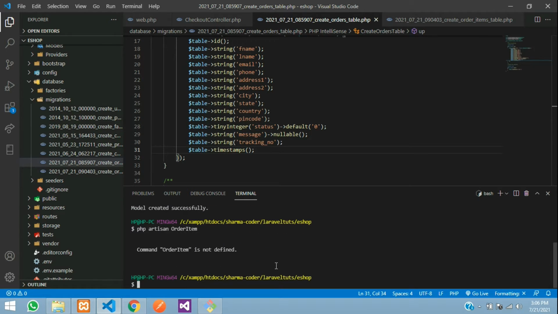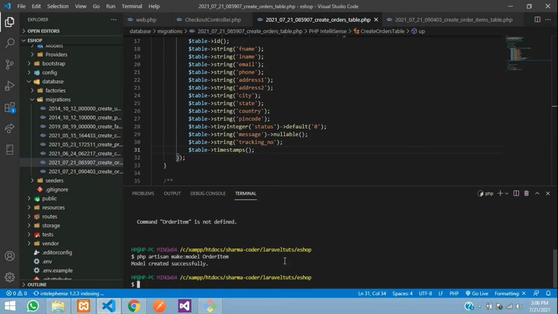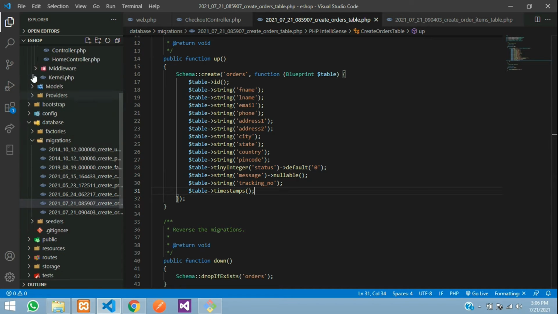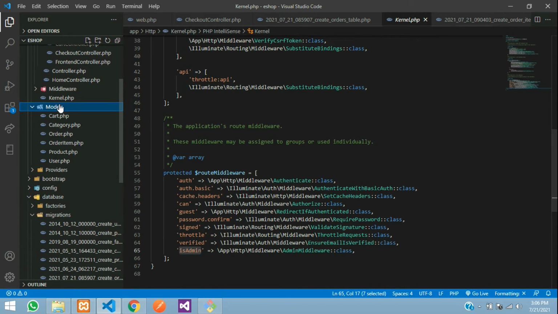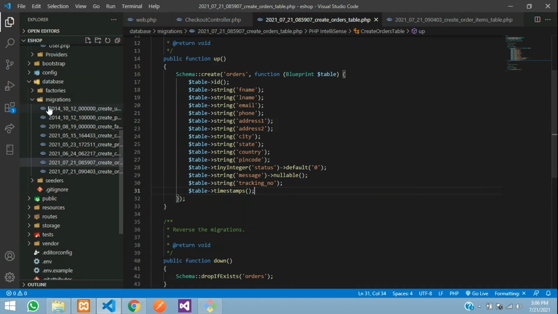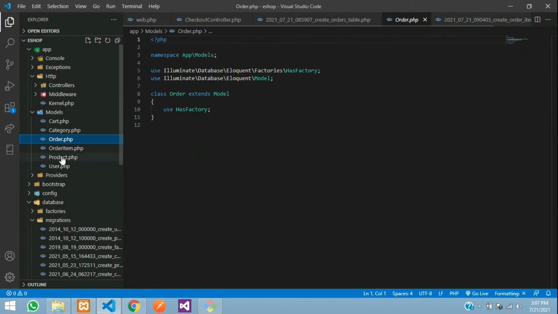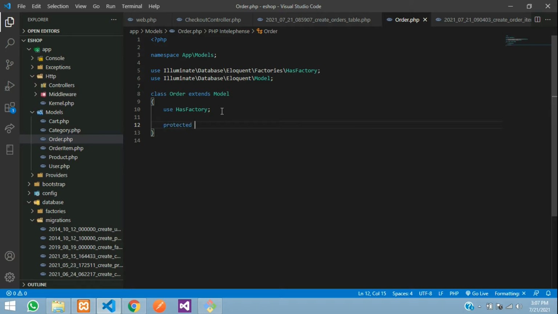Oops, I made a mistake. php artisan make model OrderItem, hit enter, and it is created successfully. Just close the terminal and check in your models folder. Inside your models you have got Order and OrderItem. So here you need to give protected $table, just give your table name within single quotes, that is going to be orders,